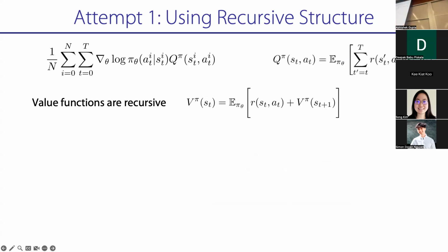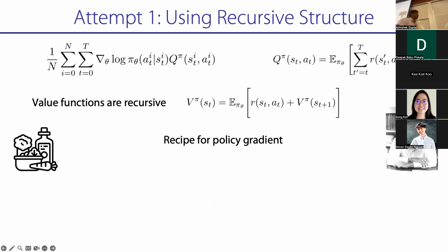So let's try to put those pieces together, right? So for policy gradient, what we're going to do is we're going to try and first get the V, and we can use this recursion to get a V. Once we get a V, and this is through the Bellman update, right? We're just going to use this recursion to get a V. Once you get a V, you're going to do one step backup to get a Q. Once you get a Q, you replace the sum of rewards in the policy gradient with the Q. Okay.